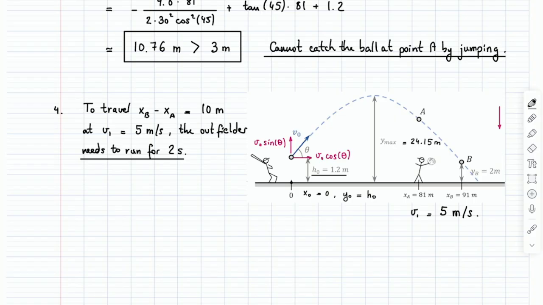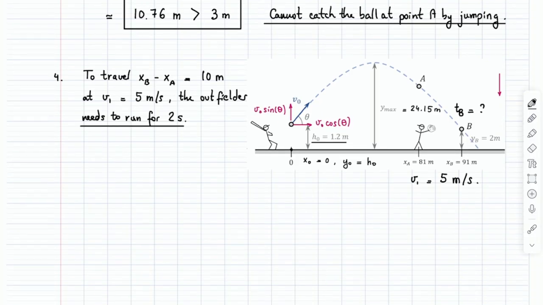So let's see. What do we know at point B? Let's call the time TB at this location. What do we know that would help us figure out TB? Because that's really what we want to know. We want to compare that against 2 seconds. Okay. Well, I don't know what TB is, but that doesn't mean that I can't write this. I can write that at time TB, we have the following. And it's okay if I don't know TB yet. That's probably how I'm going to solve it.